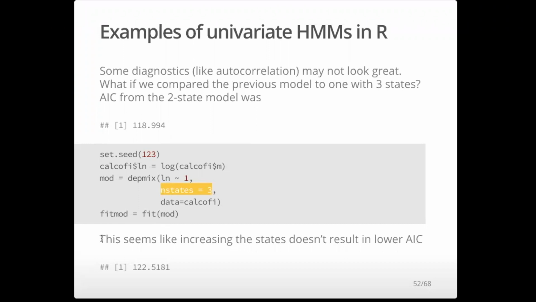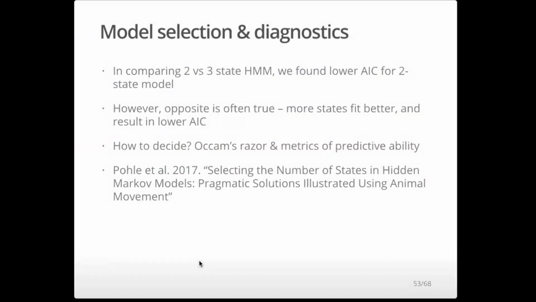What's interesting is when we fit this model, we actually get a worse AIC value. So the AIC for the 2-state model was about 119. It's about 122 for the 3-state model. So we get a worse fit when we do that 3-state approach. Okay, so we found some more support for the 2-state HMM, but what I've often found in practice is that